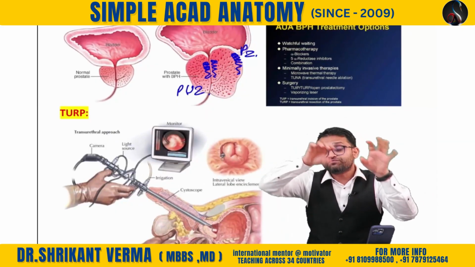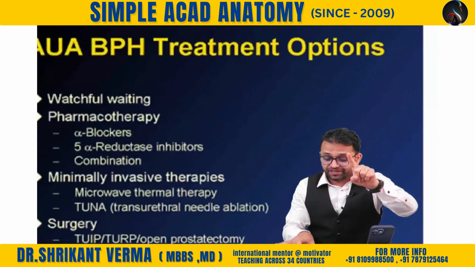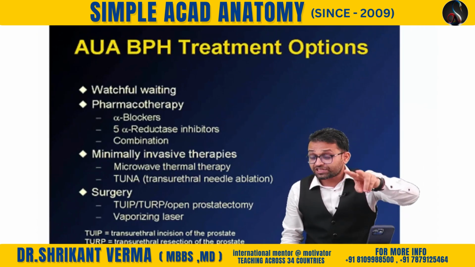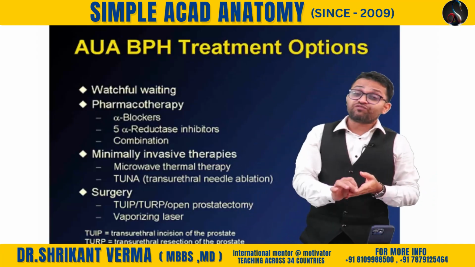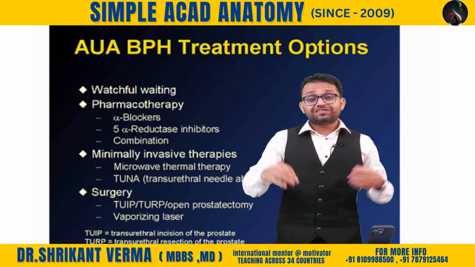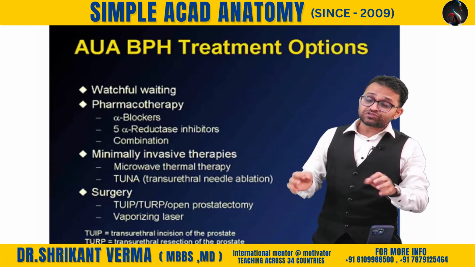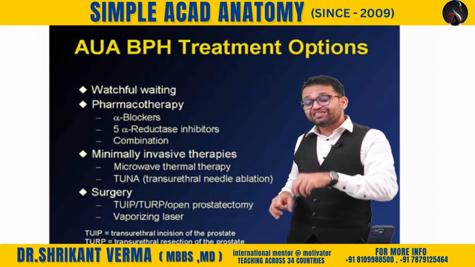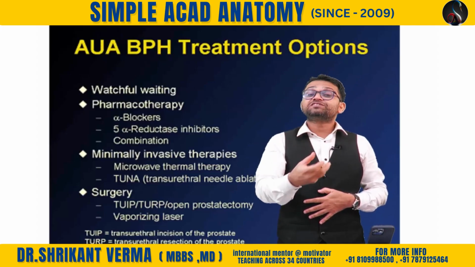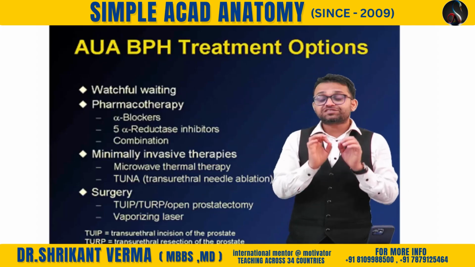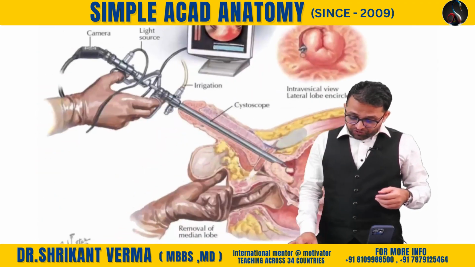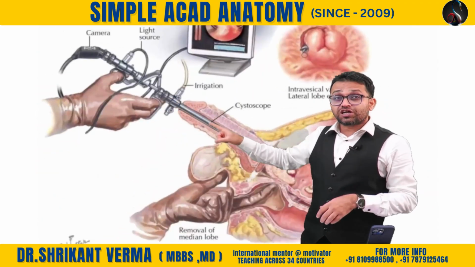What you have to do? Give the alpha blocker, phenoxybenzamine and phentolamine. But these are the non-selective. So give the prazosin, which is a selective alpha 1 blocker. But yes, nowadays there is our alpha 1A blocker. Tamsulosin is there. So give the tamsulosin along with the 5 alpha reductase inhibitor. Remember the 5 alpha reductase inhibitor finasteride. So this is the best drug treatment, tamsulosin plus finasteride. But if it is not treated, then go for the surgery. So you have to do the TURP, transurethral.